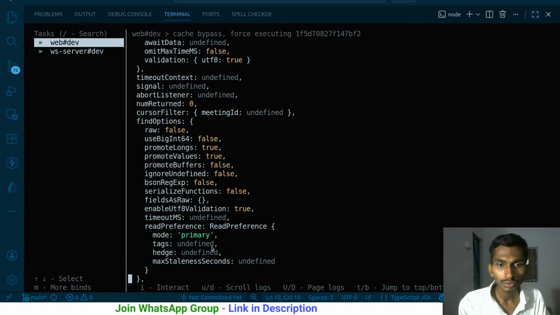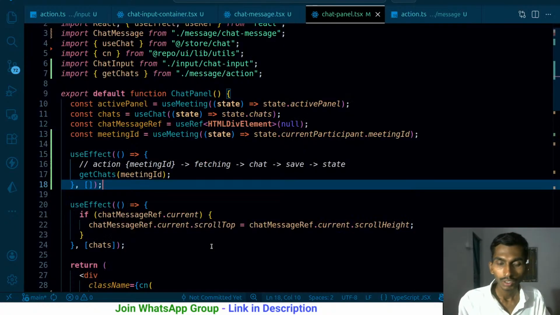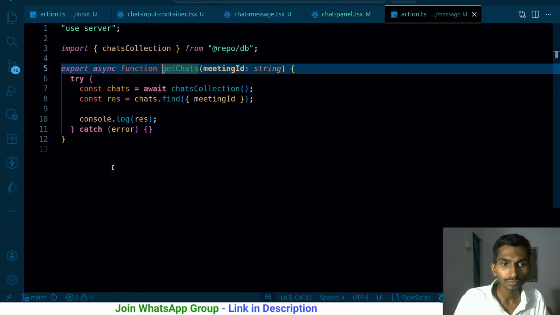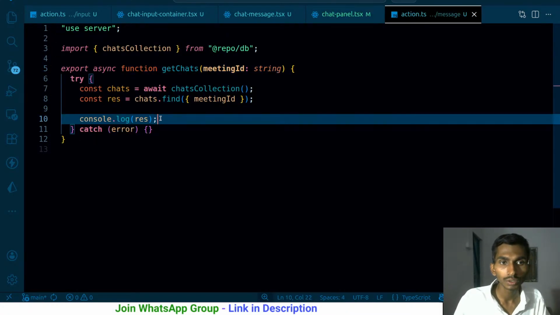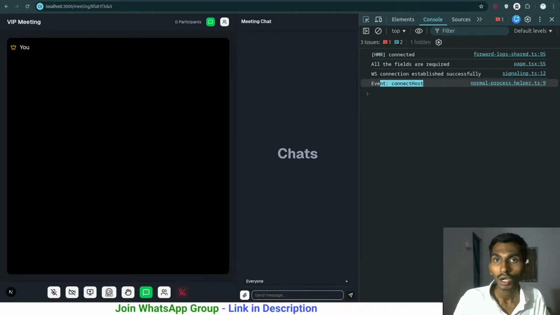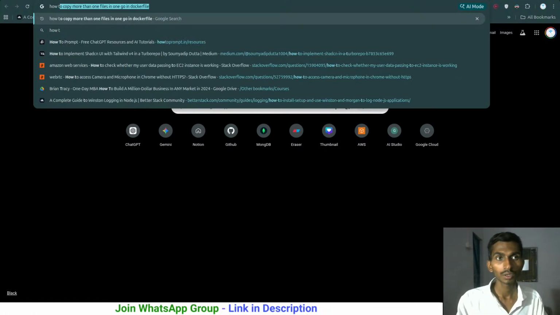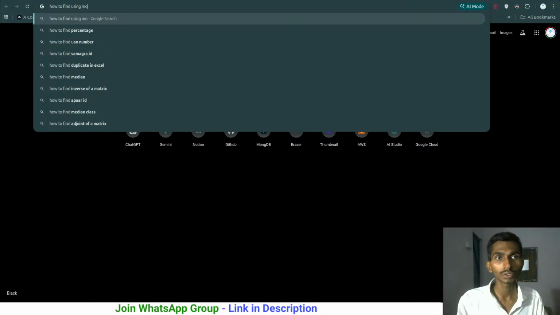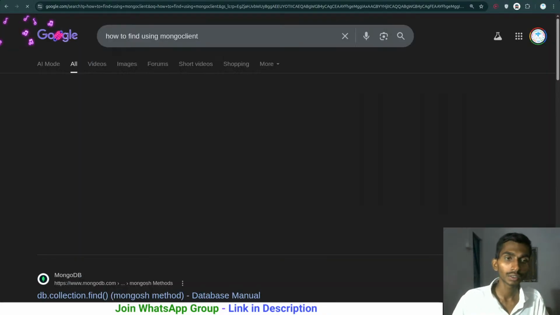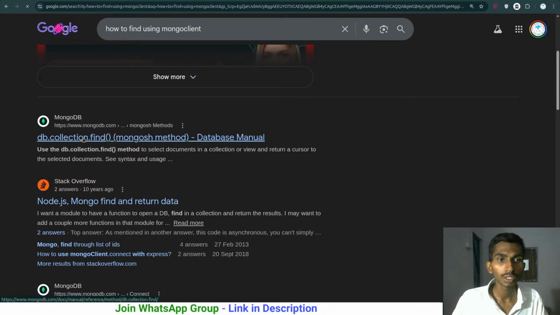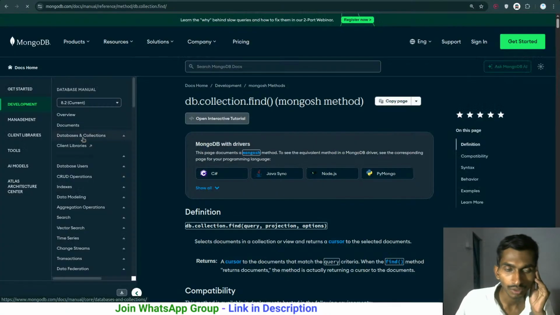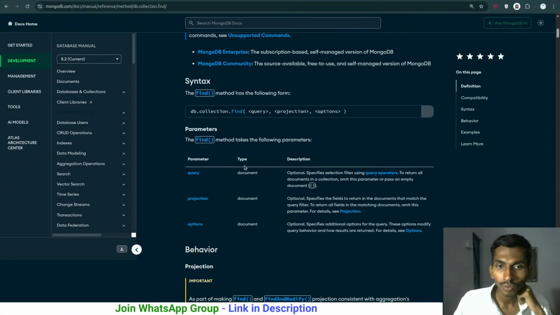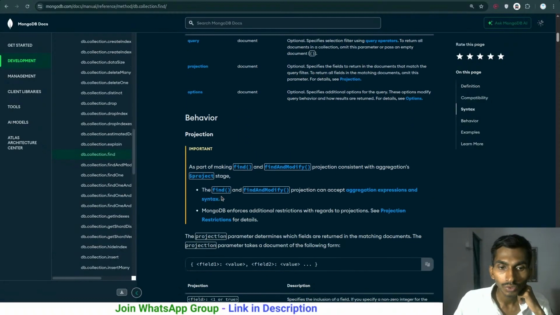Find raw options and all, that's okay, fine. I'm getting the response, but when it comes to this one, once I got the response chats.find, how to find using Mongo client, db collection find, and what does it return actually? It's not about finding because I can easily find that. Find method query behavior,